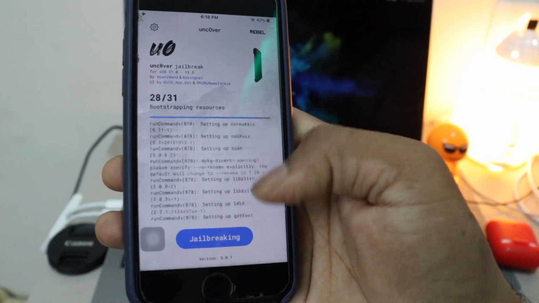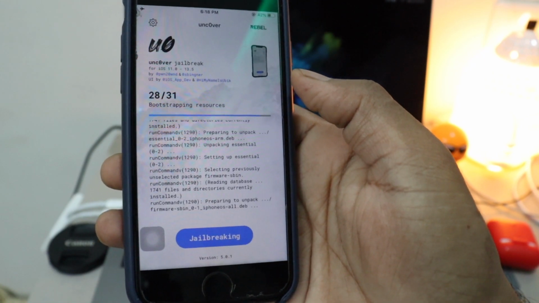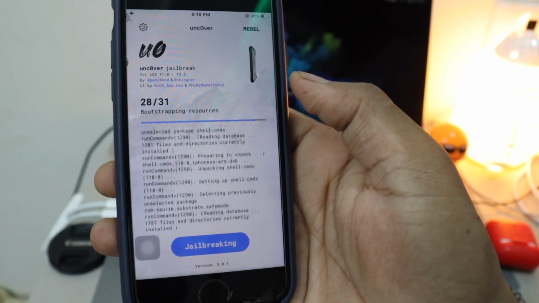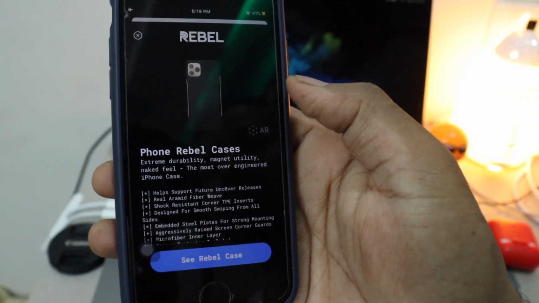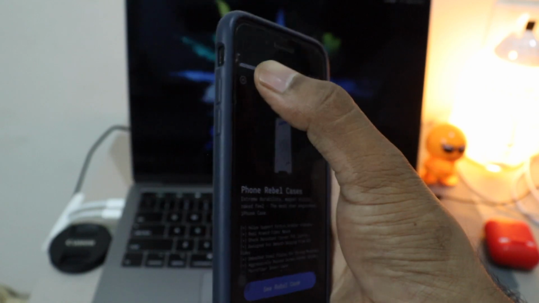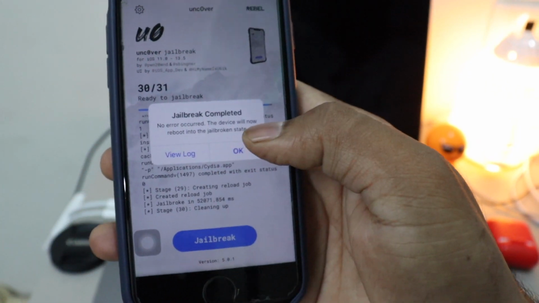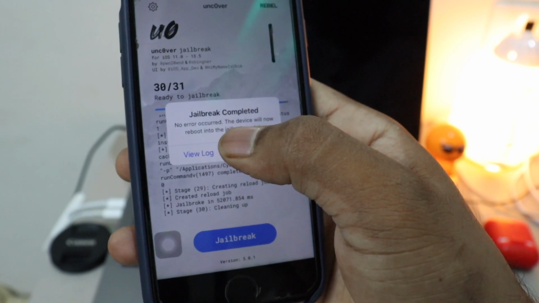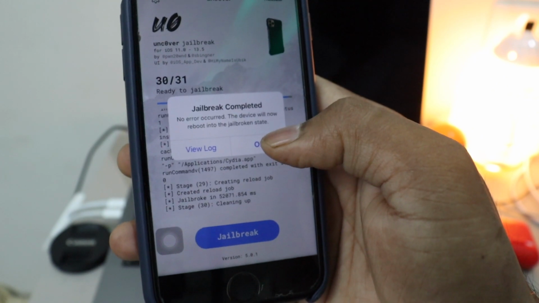I found this Uncover version is very smooth and working very nicely. And there we go, jailbreak completed, no error occurs. Okay, the device will now reboot into the jailbroken state.